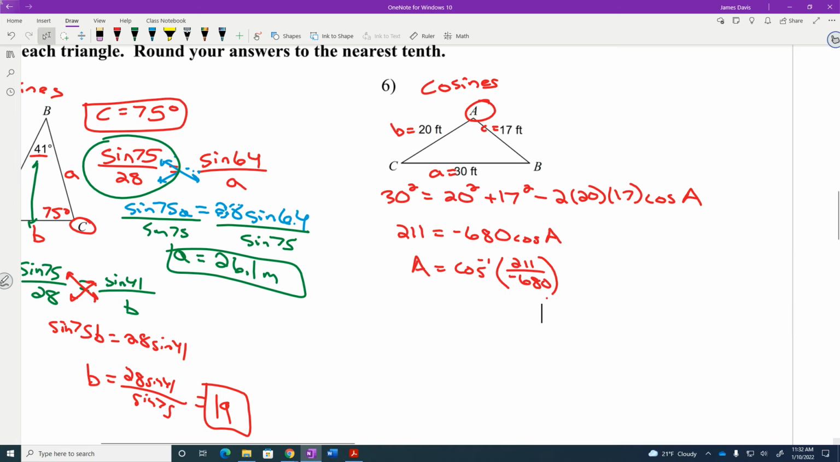So for big A, you should get 108.1. So we set it up here. Since we're solving for big A, we started with little a squared. And then we subtracted those two over to get 211. Multiply these out to get -80. Divide, and then take the inverse of